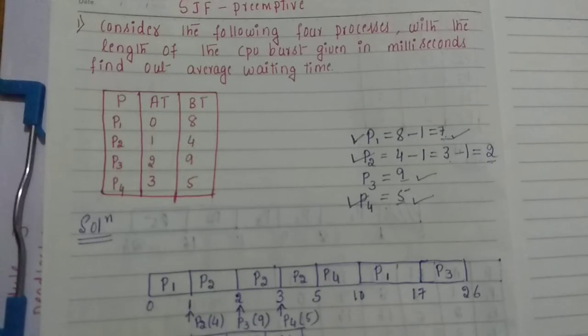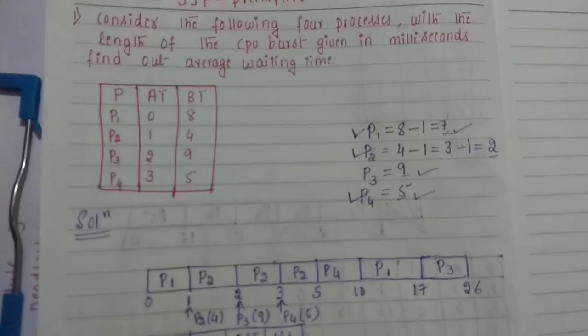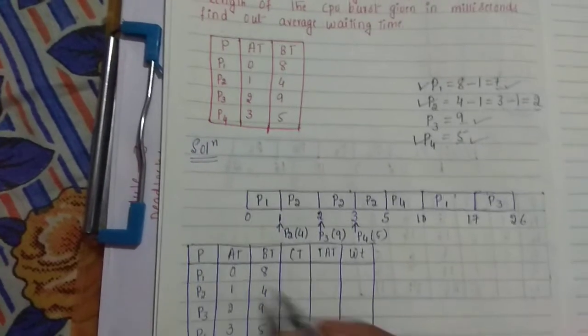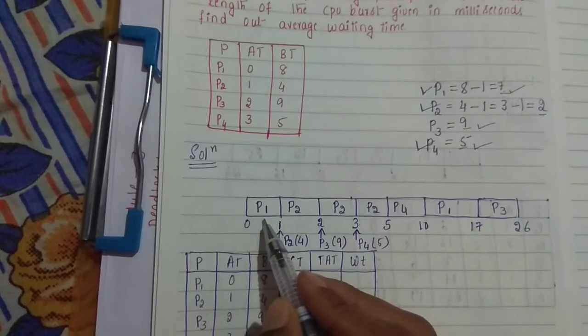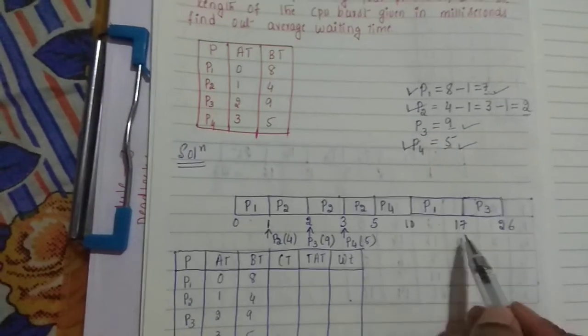Okay, so you need to schedule the processes based on the arrival time. Soon after the completion of the arrival times, that is 0, 1, 2, 3, you stop looking at the chart and directly schedule the remaining processes which are left out to complete. Okay, so now coming to the tabular form. By looking at the Gantt chart, you write the completion times. Process P1 completed at how many milliseconds? Here process P1 arrived once here and another time here. So you need to take the last completion time.